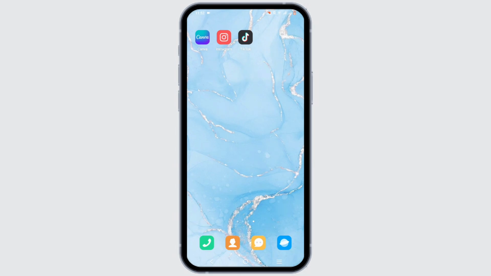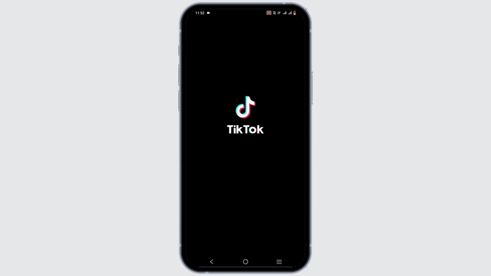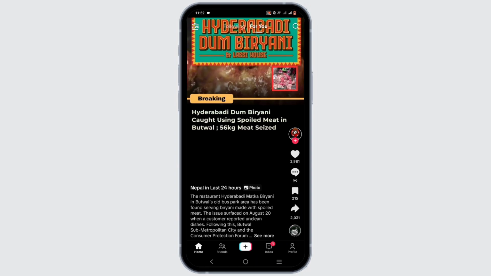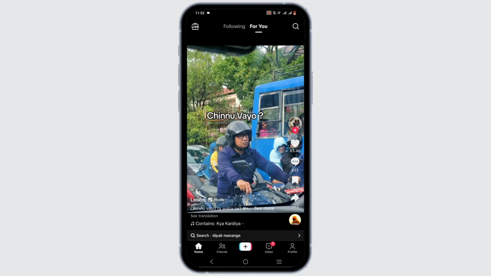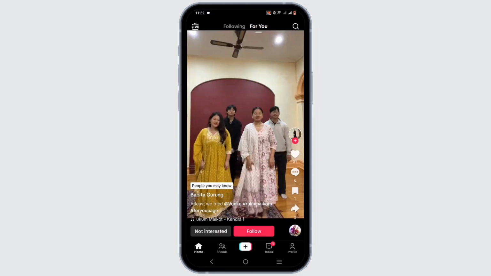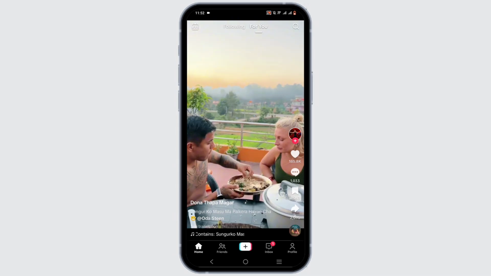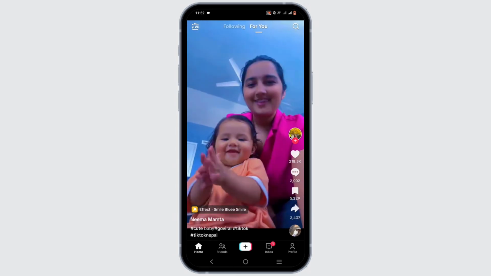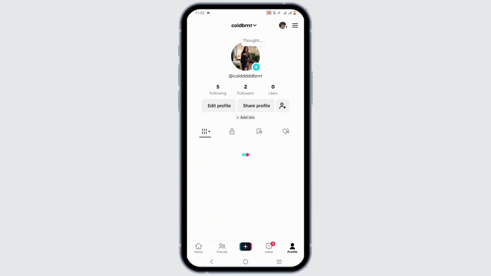For this, you need to install your TikTok application on your mobile device. Then go ahead and launch your TikTok app. Make sure that you are signed in to your TikTok application. Now over here, to sync your Facebook friends on TikTok, go ahead and tap on the profile icon at the